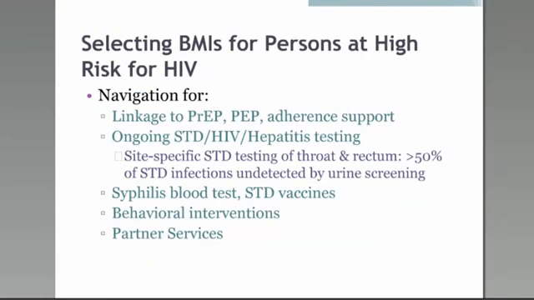So in terms of selecting the BMIs, for persons who are at high risk for HIV, high-risk negatives, CBOs can provide navigation for all of these services that we mentioned. Now, linkage to PrEP and PEP, and obviously supporting adherence to PrEP and PEP, actually would be an important service. Ongoing testing for STDs and HIV: MSM are recommended to have STD testing at least every 6 months if there's